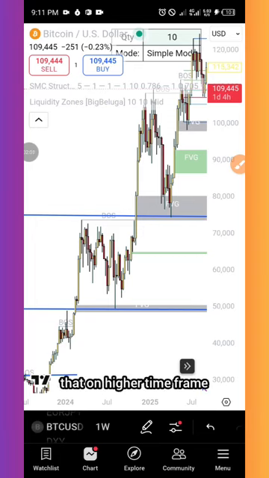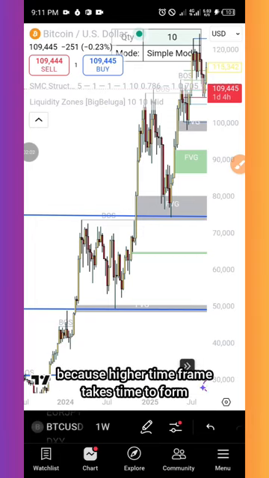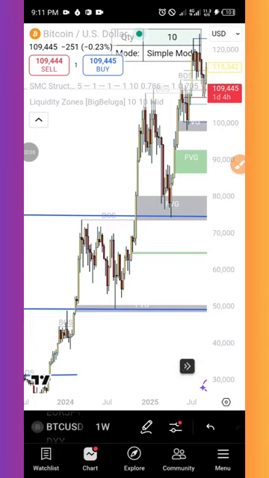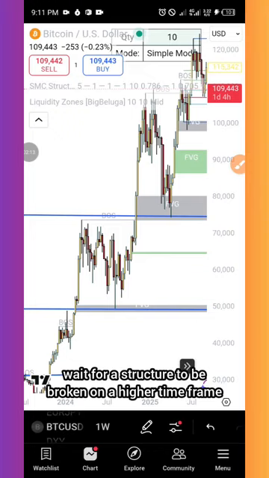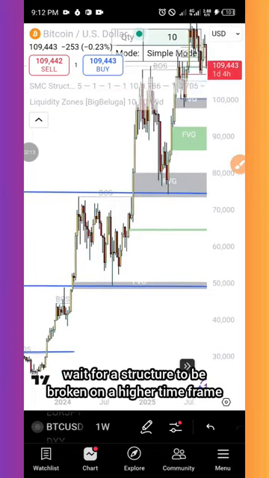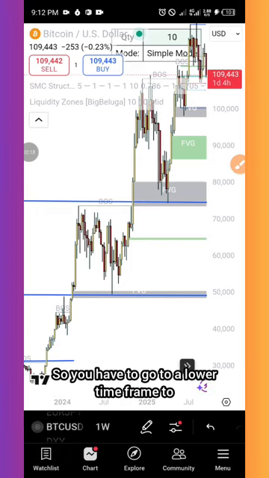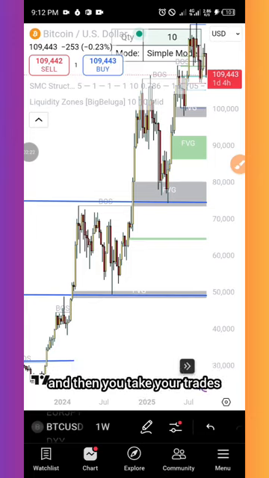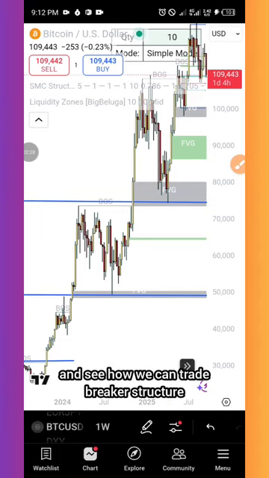But you cannot do that on a higher time frame, because a higher time frame takes time to build up. You understand? You can't wait for months and months for structure to be broken on higher time frames. So you have to go to a lower time frame to look for similar structures like this, and then you take your trades. So we'll go to D1, and we'll do an example there